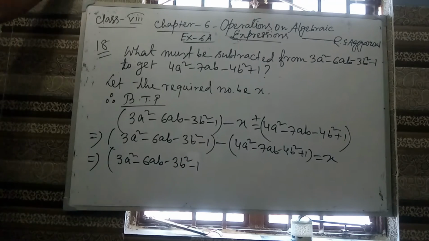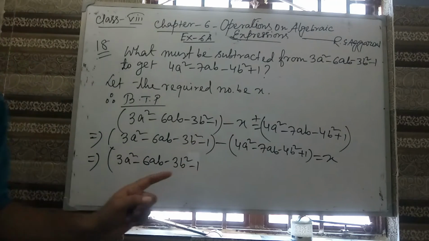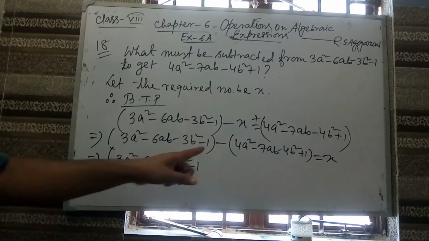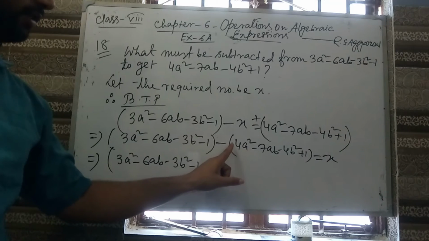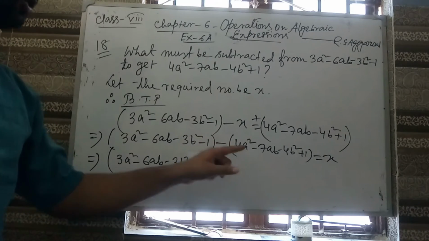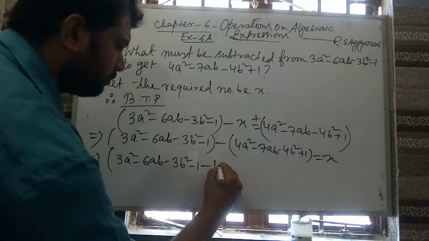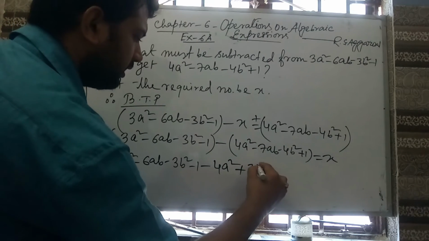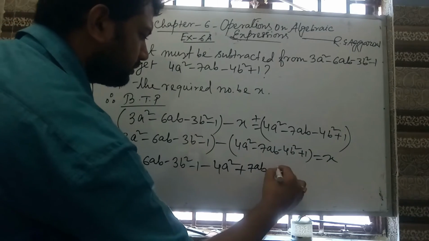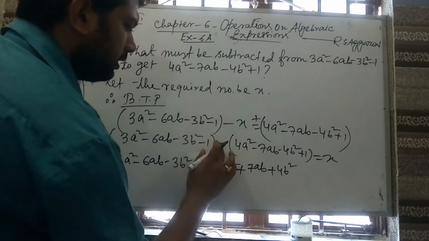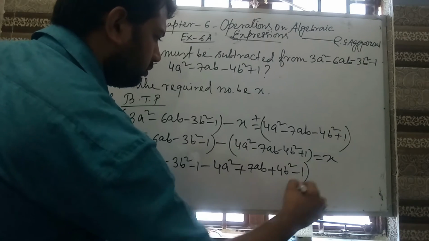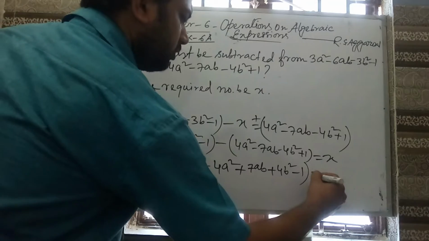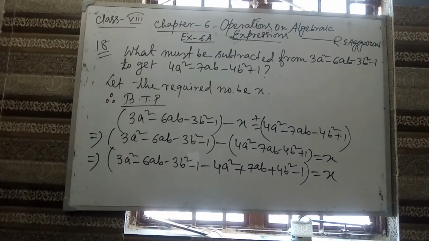minus 1. Now look, minus of this one. So that means the sign of each term will change. It does not have any sign, means it is plus. So plus into minus, it will become minus 4a square. Minus minus plus 7ab. Minus into minus plus 4b square. Minus into plus minus 1. Second, first bracket close. On the right hand side we have x. Now look,